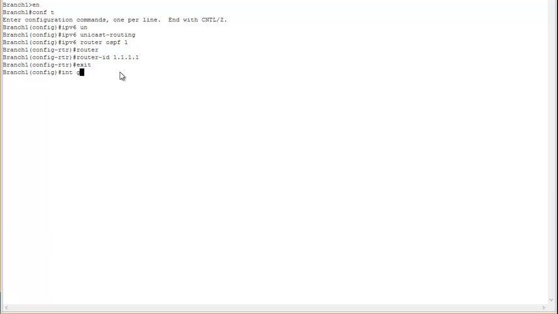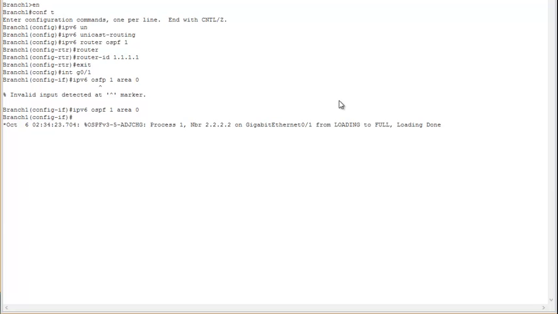We go into the interfaces we want to activate for IPv6. So let's do gig 0/1, and the command to activate it is ipv6 ospf 1, and this guy is in area 0. And I misspelled OSPF again. I do it a lot. OSPF area 0. And then you can see that our adjacency came up right away